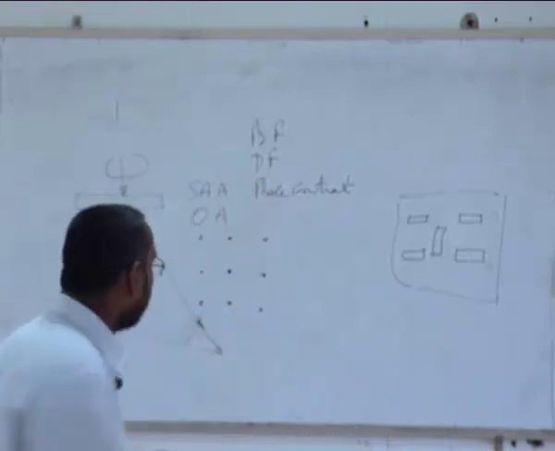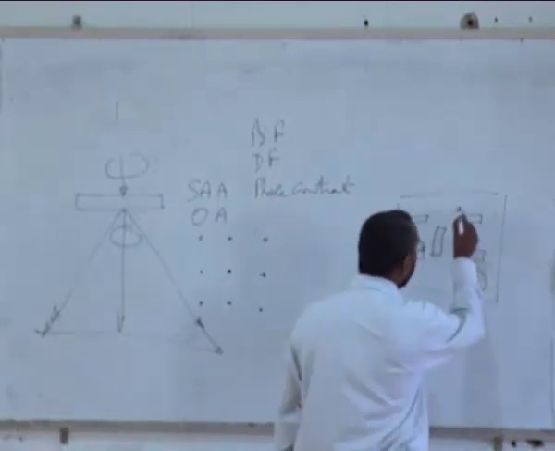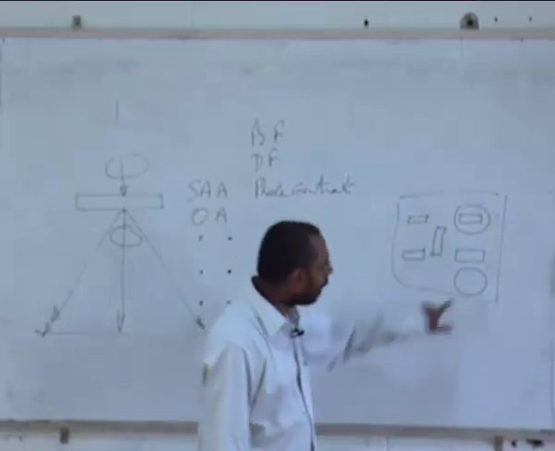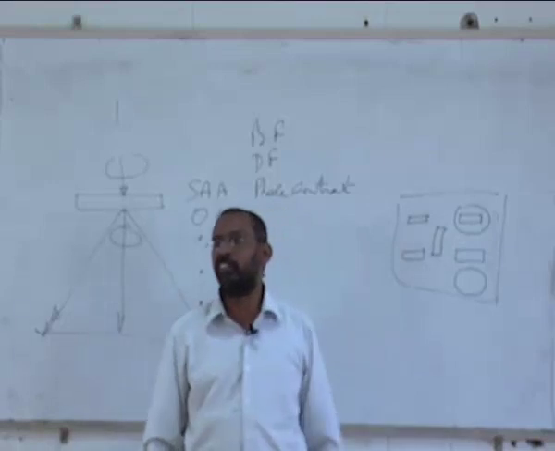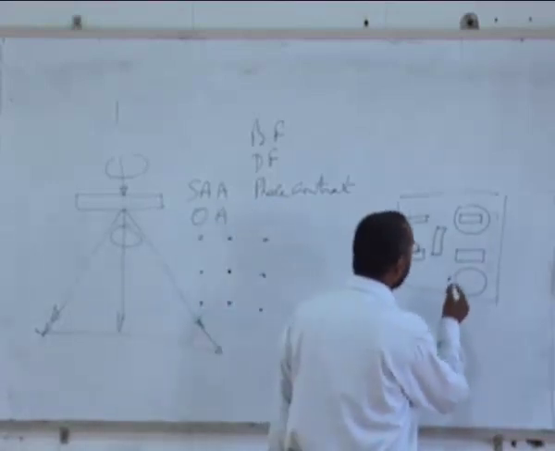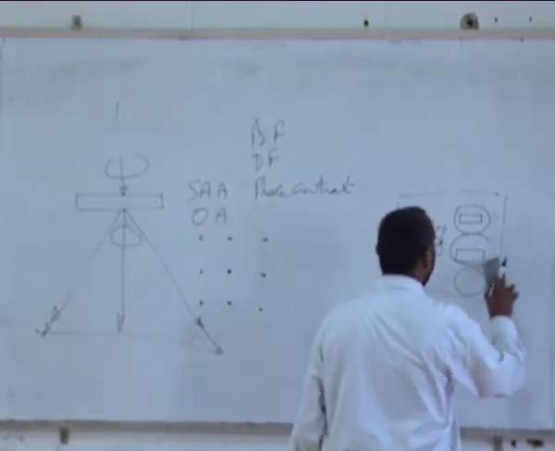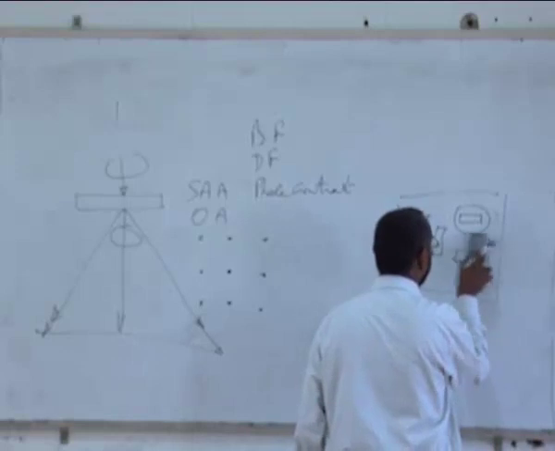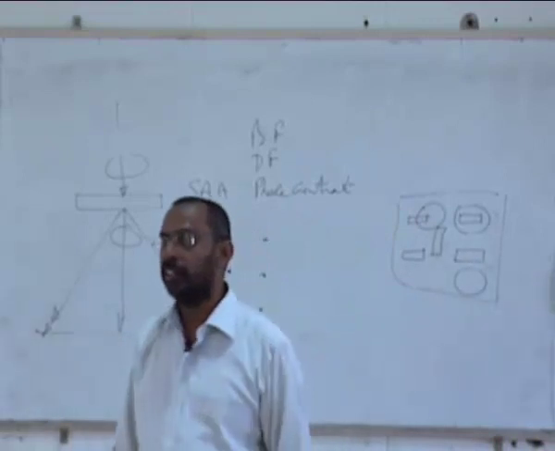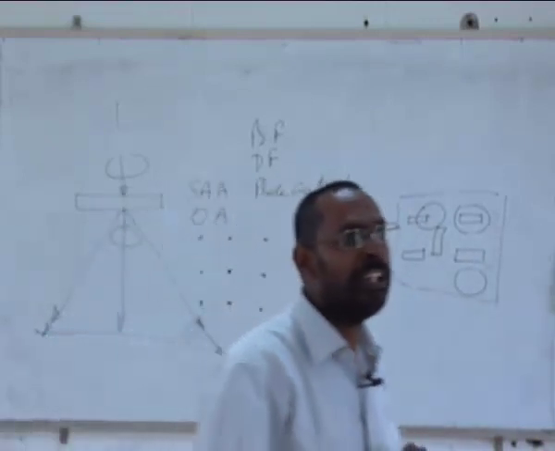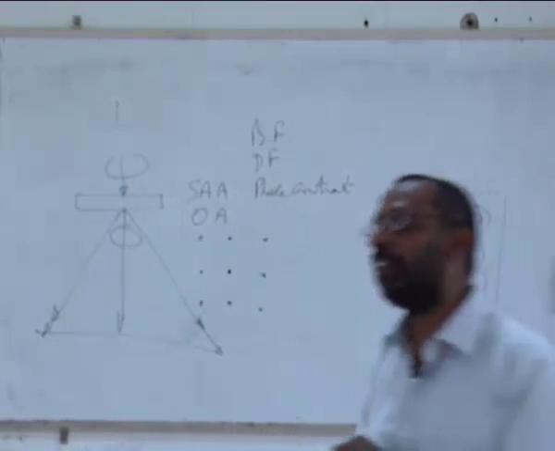So if you take a disk precipitate, now I can put my aperture here, or I can put my aperture here. If I put my aperture here, I will get the crystal structure of the matrix. If I put my aperture here, I will get the crystal structure of the precipitate. Instead, if I put my aperture here, or something like covering both of them, then what do I get? I get now a composite diffraction pattern. I get a diffraction pattern from the precipitate also, I get a diffraction pattern from the matrix also.